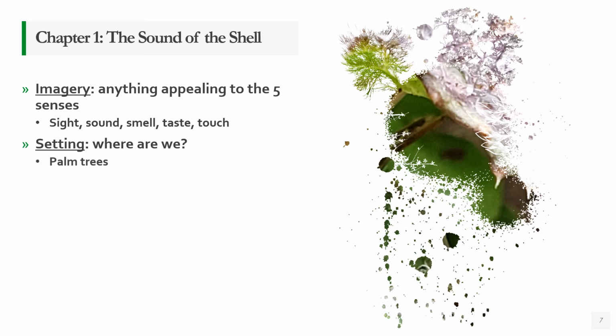Now, for this particular setting, we are introduced to our first character on the very first page of the story, and he wakes up in a setting where there are palm trees behind him and all around him. There is an ocean on one side of him, and he's on a beach. For all intents and purposes, again, this sounds like a pretty nice vacation. Only problem is he seems very out of place. He's not dressed for the occasion. He's not wearing a swimsuit and enjoying a nice cocktail or anything.